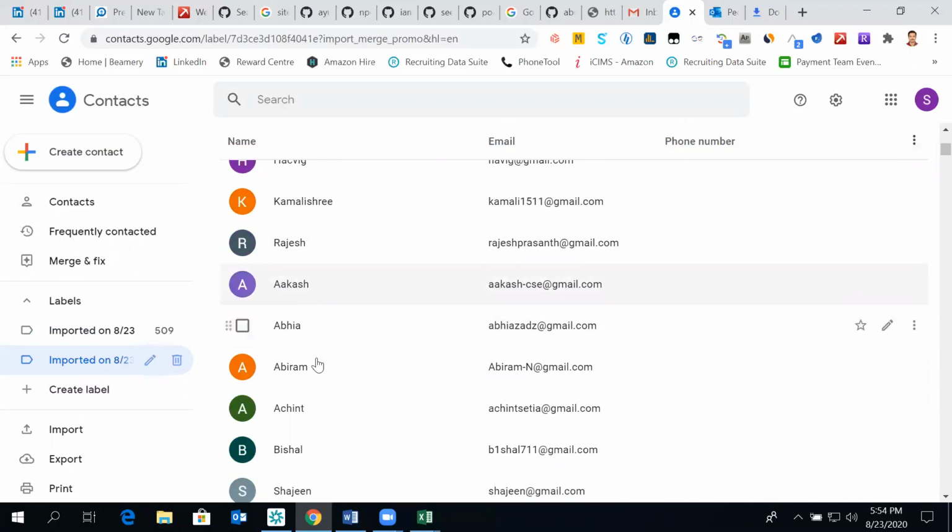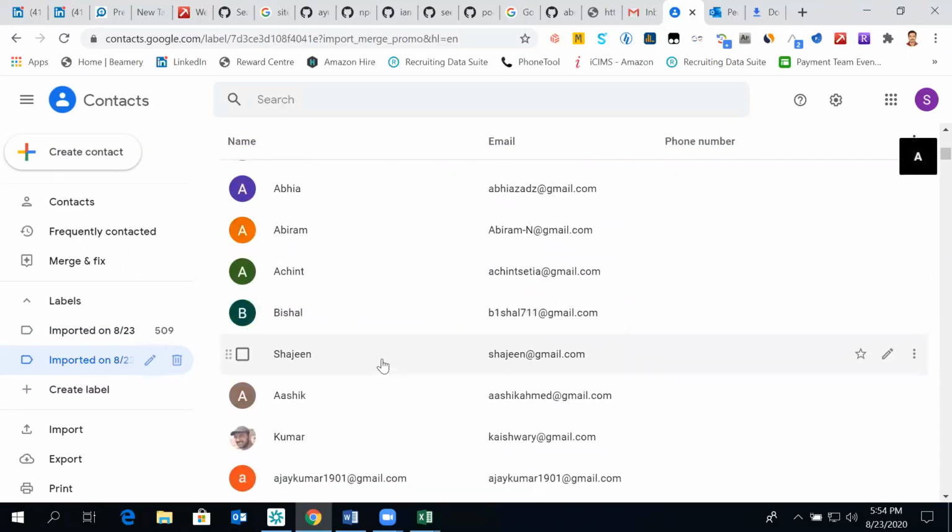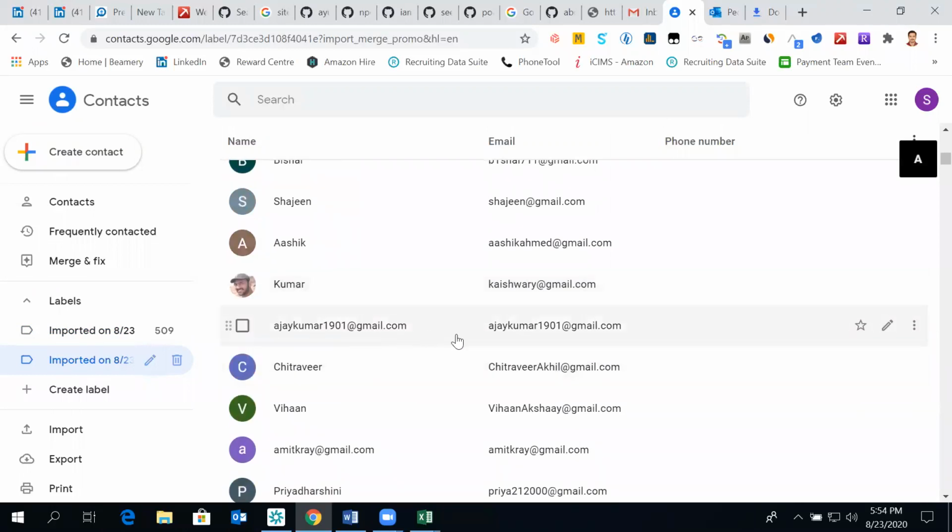So Akash CSC, Akash, Abhiya, Abhiram. So this one is non-existing. Not really sure whether to take a chance or not, but it looks something unique because 1901 could be a date of his date of birth also. 19 Jan. Ajay Kumar 19 Jan. Google will suggest us based on our first name, last name, and date of birth. If that particular email ID is not existing, Google will suggest one calculated from the first name, last name, and alphabet form of our date of birth.